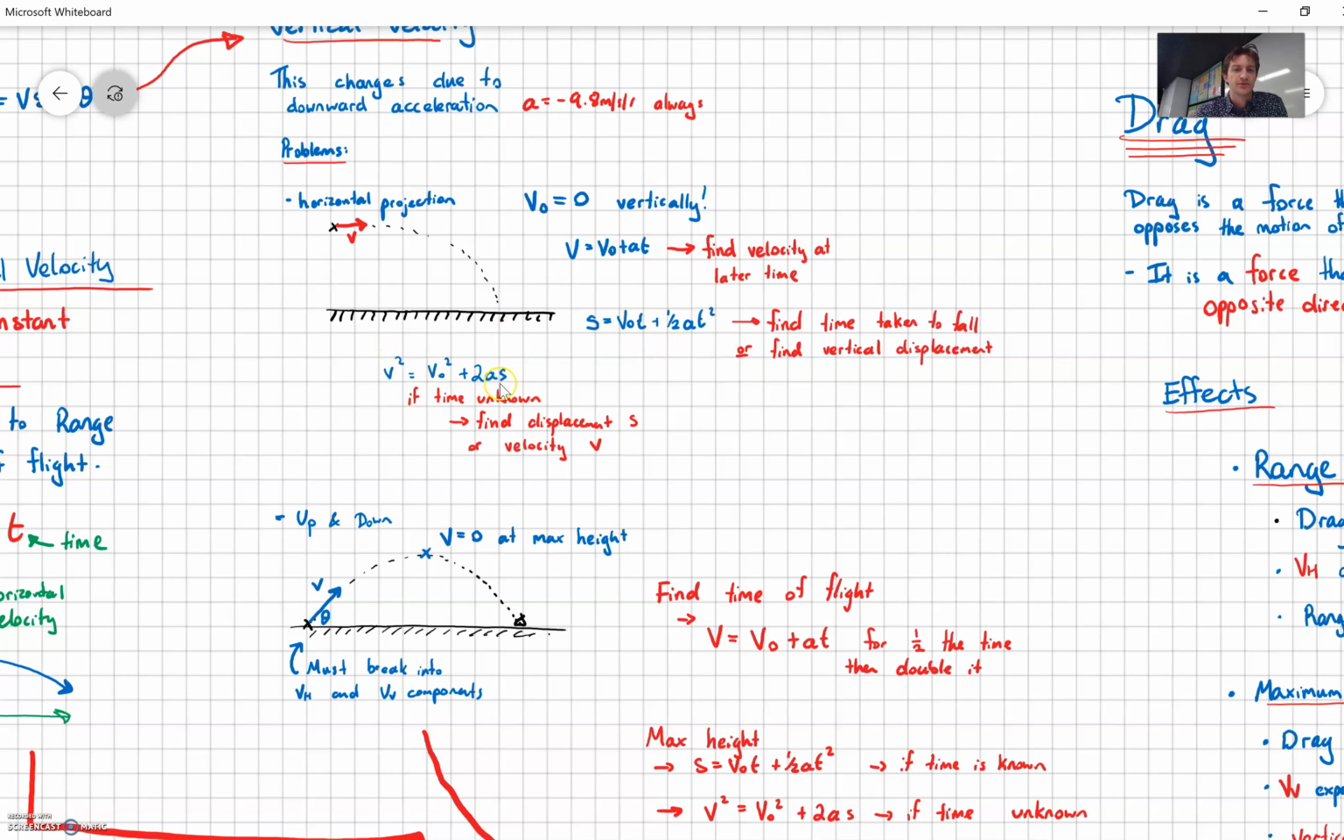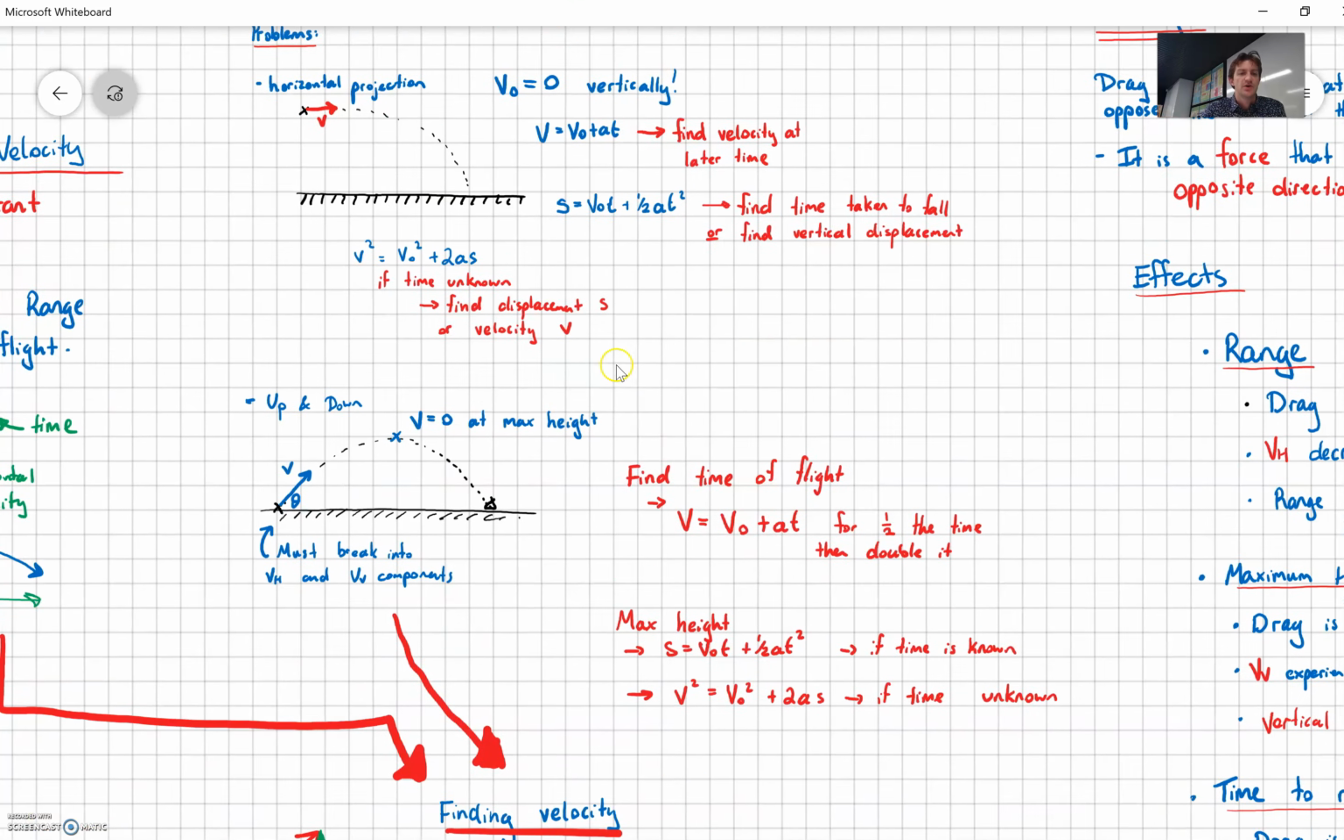We could also use this formula here to find a displacement or a velocity if we don't actually know what the time is. Because there's no time in this equation, but that's okay, we could use it to find a final velocity or a displacement if time is unknown. If we keep going down,